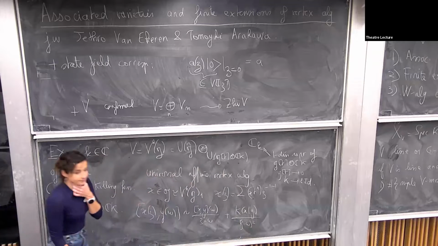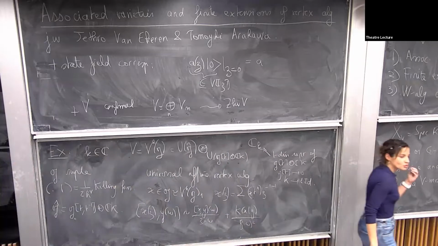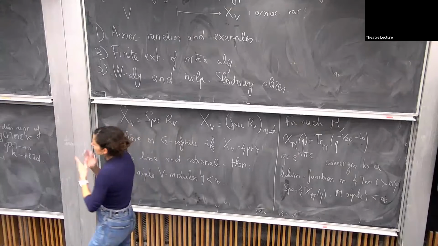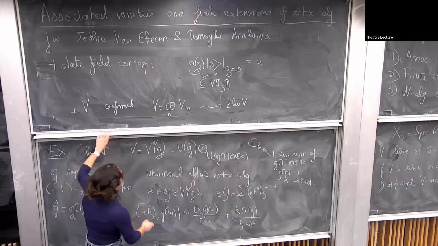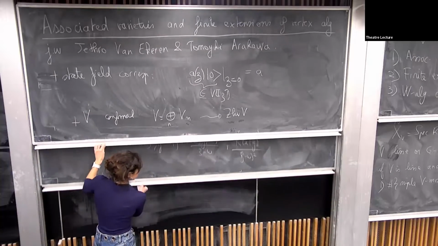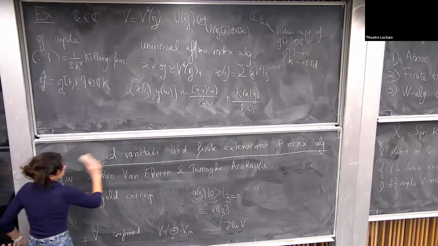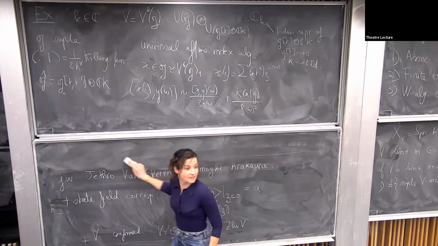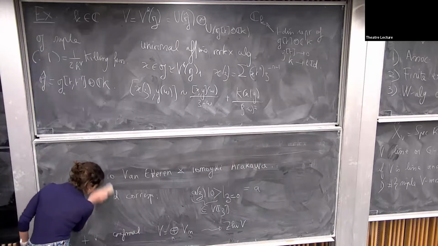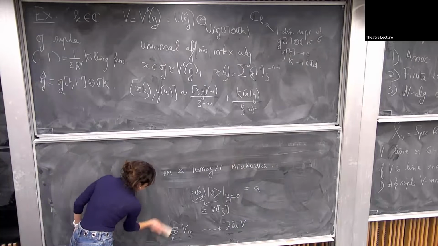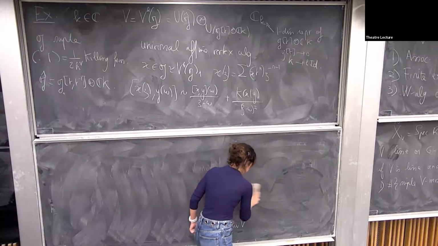Okay, so here it's not difficult to see that the associated variety is just the dual space of G. And more precisely, the quotient RV is just the symmetric algebra of G. Yes, I don't know who asked the question, but that's a very good remark. For the universal one, it does not depend on K, but I will consider a quotient, and the variety will depend on K.